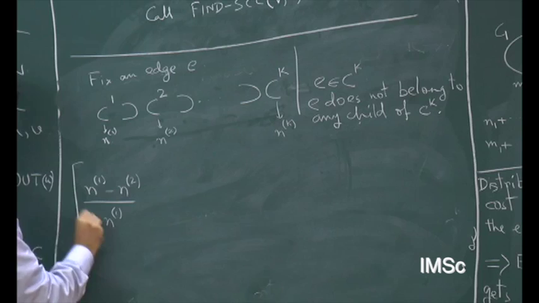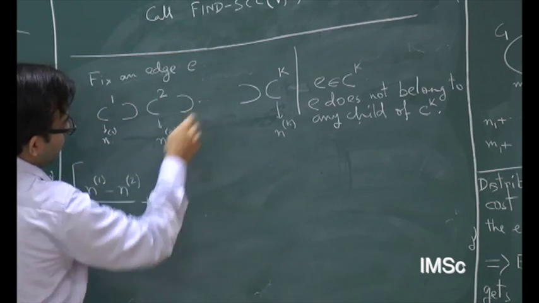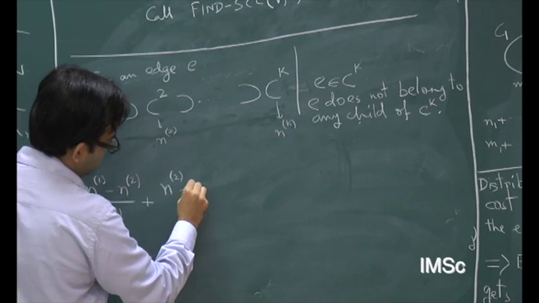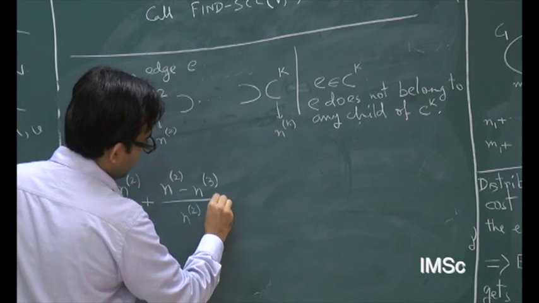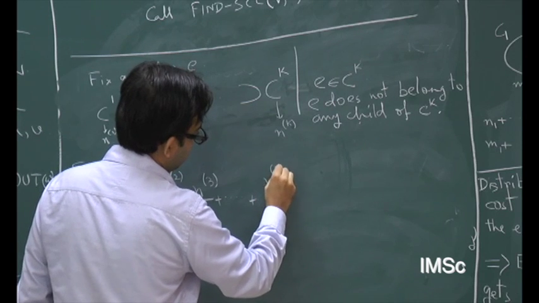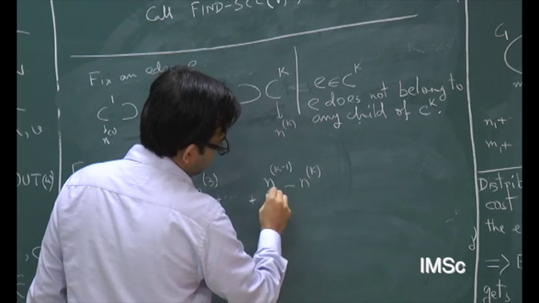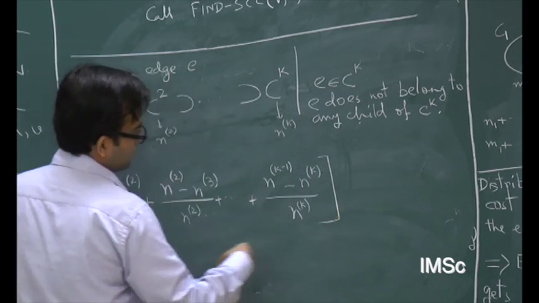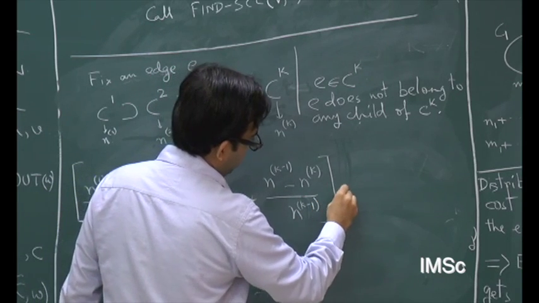I am going to take n common out, that is why we just had this upper bound. When we go from C2 to C3, the number of tokens it gets is n2 minus n3 divided by n2, and it goes on till we get to n k minus 1 minus n k divided by n k, times n,